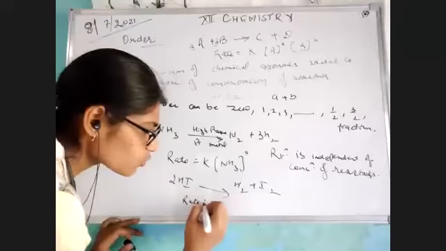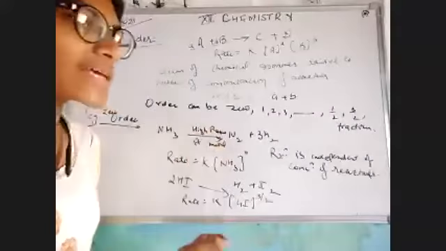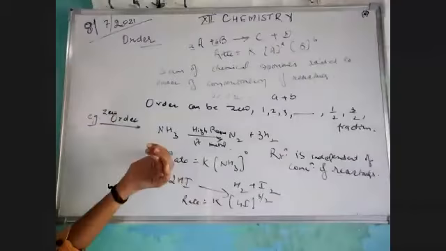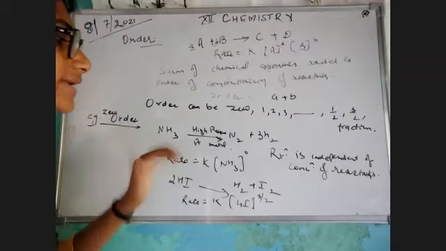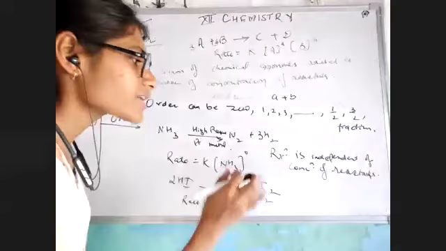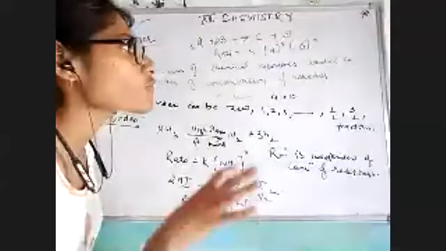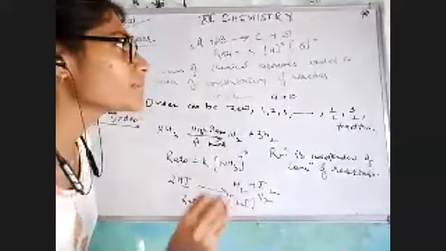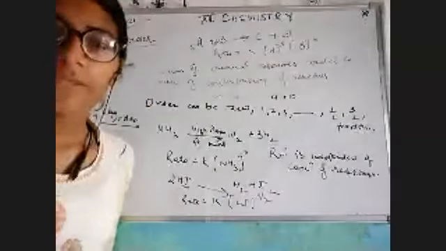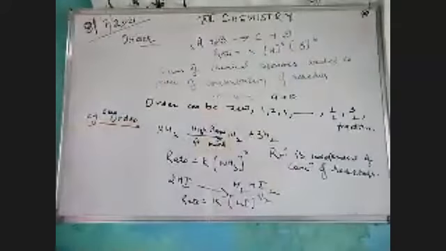You have to remember a few examples of zero order, first order, or even fractional order, just 1 to 3 examples. Suppose I'm talking about the zero order ammonia example, you have to remember that the reaction is not dependent upon the ammonia concentration. The order would be 0. Okay, now let's leave that point. The question for your board exam would be that you are given a particular reaction and you have to give the order. For example, I'm taking a simple example.